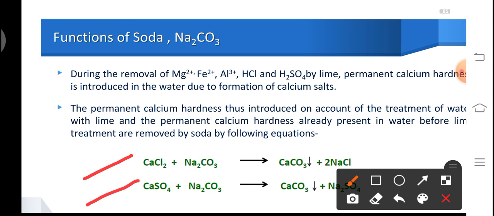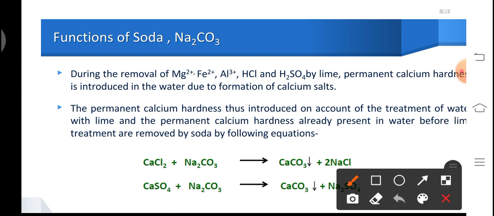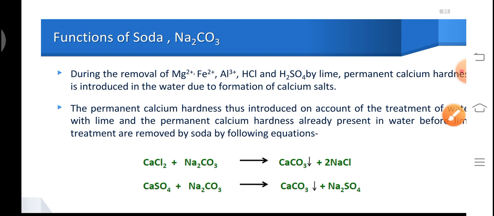We know that the insoluble precipitate of calcium is calcium carbonate. So here also we need to convert salts of calcium into its carbonate, and by adding soda we can get carbonate. Look here. Calcium chloride when treated with sodium carbonate, the calcium combines with carbonate and we get calcium carbonate. What is left is Na and Cl, so NaCl is obtained as a byproduct.